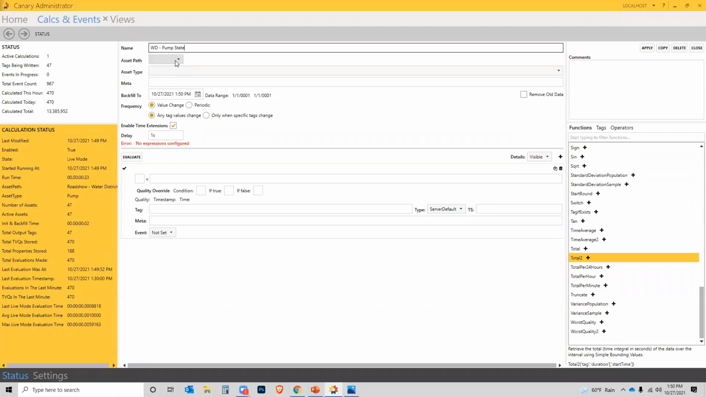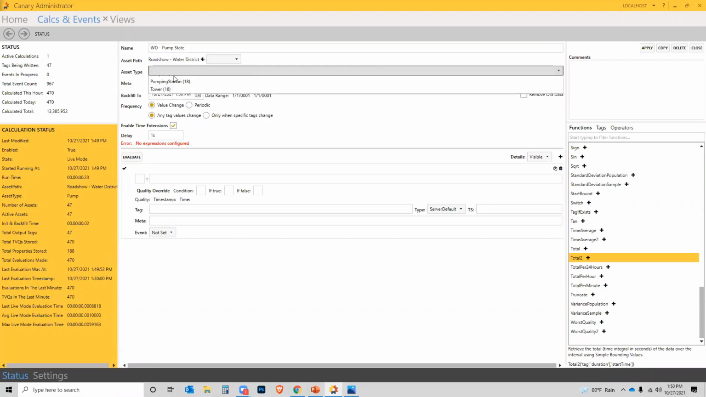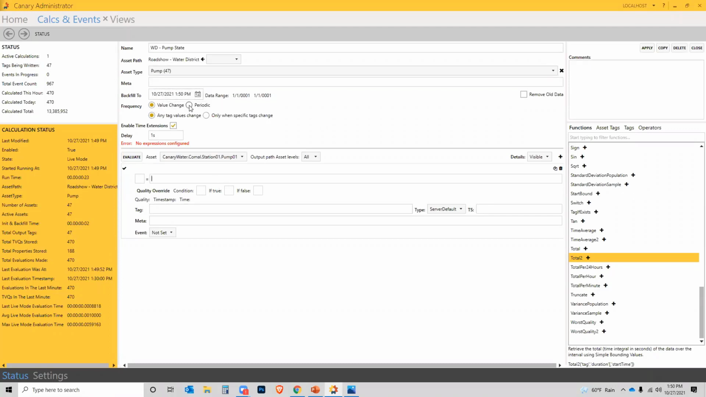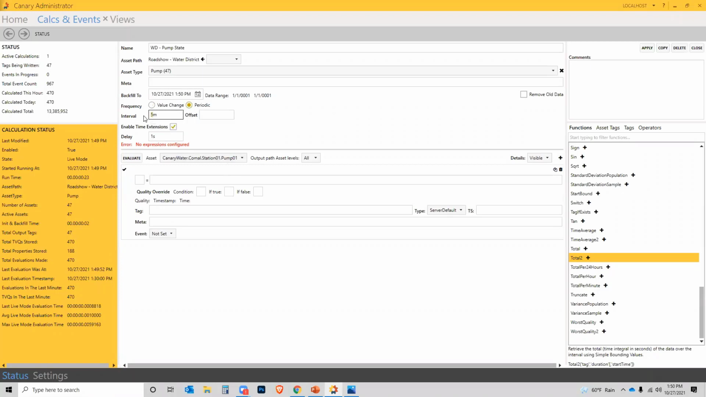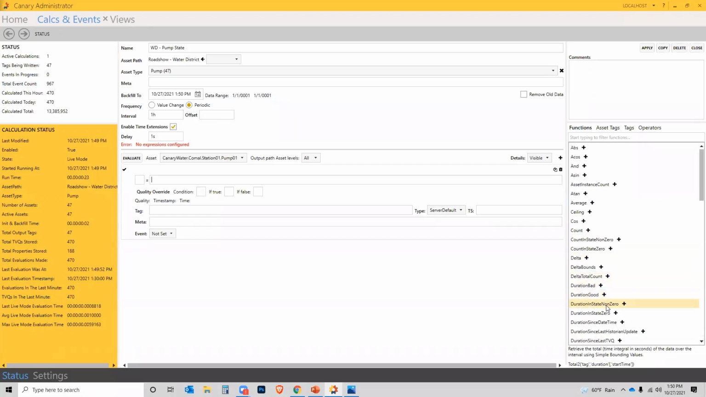We'll do some pump states. And we'll stick to periodic. We'll just let it go every 1 hour. Every 1 hour, I'd like to know what has been my time of state for my Boolean that's measuring whether I'm in manual or automatic mode. That's my state tag for my pump. So I'm going to put in my duration in state non-zero. This is going to tell me the amount of time I've been in manual mode